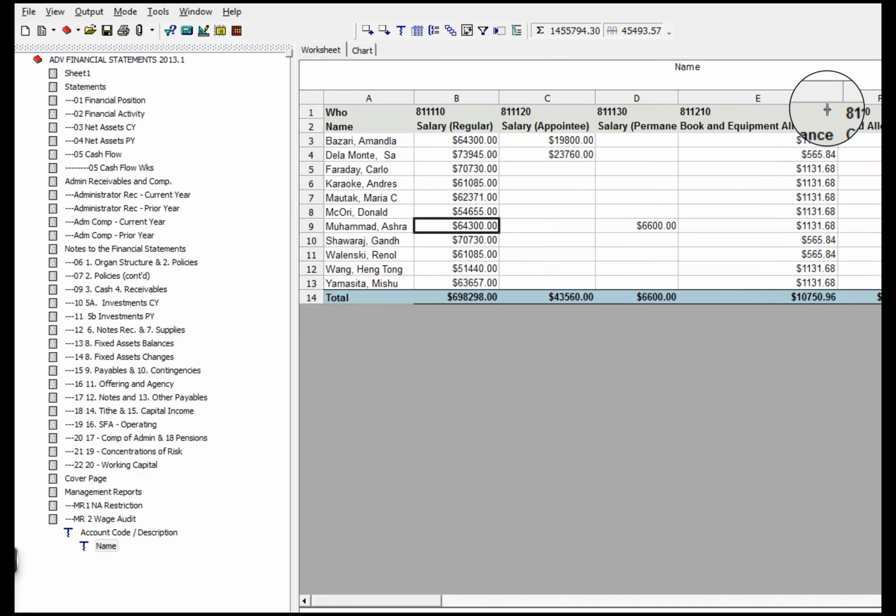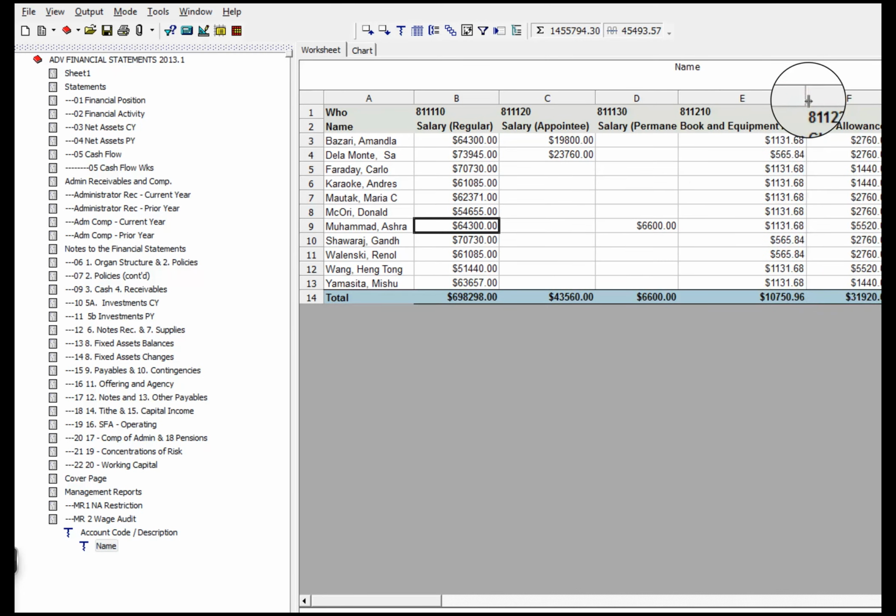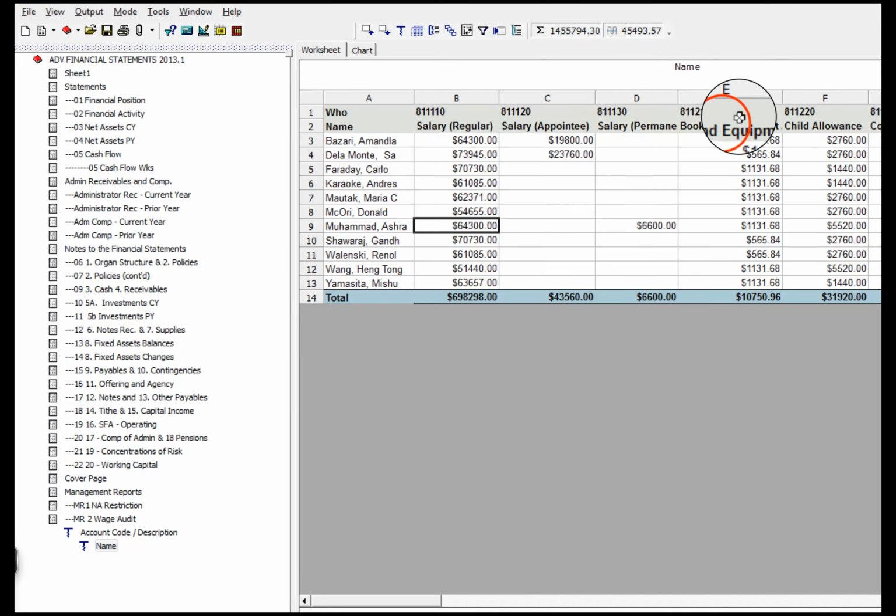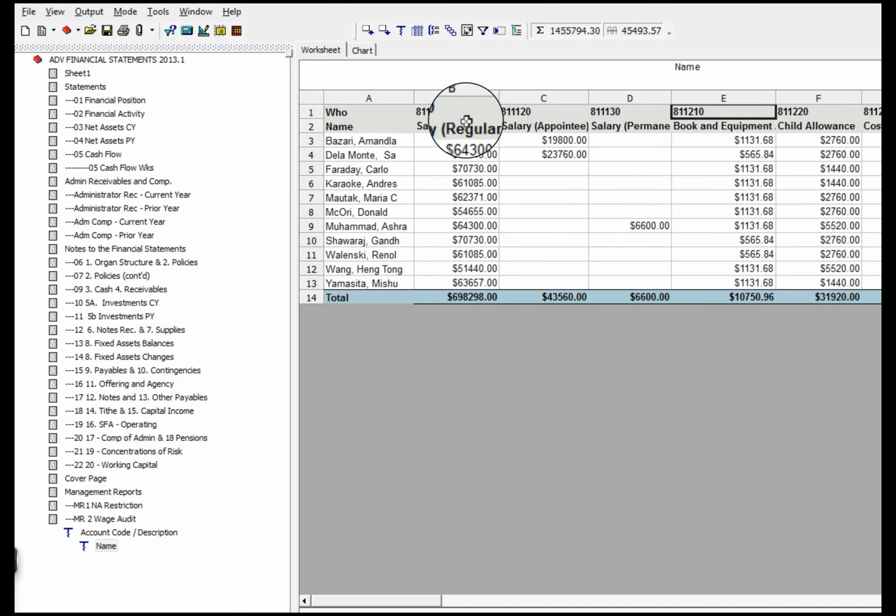The problem that I'm facing now is that I want an unknown amount of column headings because I maybe don't know all of the accounts that I'm using, and an unknown number of rows. Well, the unknown number of rows is nothing new, but the unknown number of column headings is the task that we're challenged with now. So I make a report that goes out through the whole SunPlus world that looks at the 81 accounts. Well, I don't know how many 81 accounts are out there, so I can't make it very easily. And so that brings us to our new functionality.